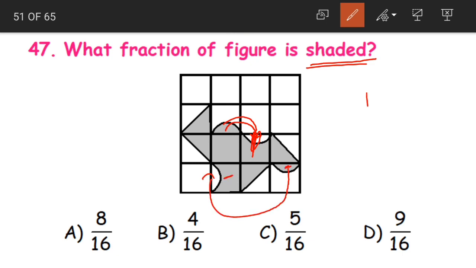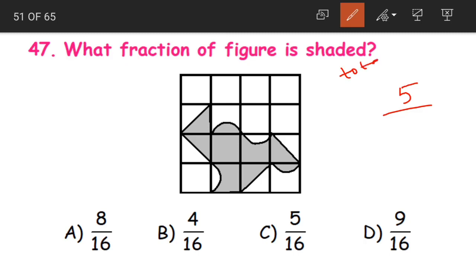So we have one, then plus another one, this would be one, and these two will become another one fully shaded block. Now apart from this we are having this, that is our another fully shaded block. When we add all these together, we are getting 5 fully shaded blocks. So this will be our numerator. Yes, the number of shaded blocks, that is 5, divided by what will be our denominator children?